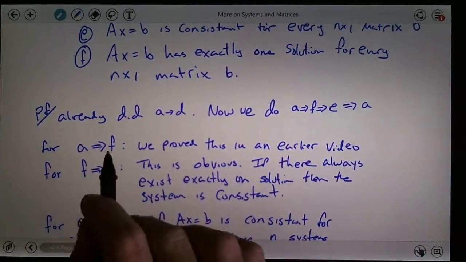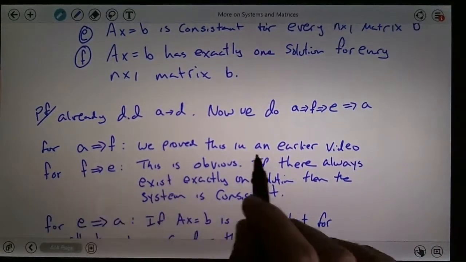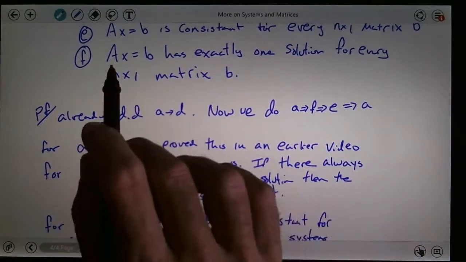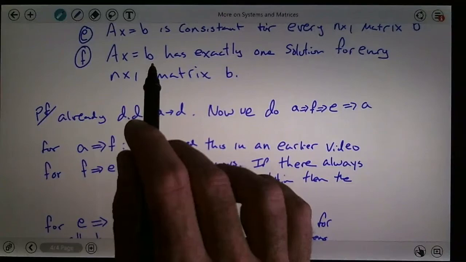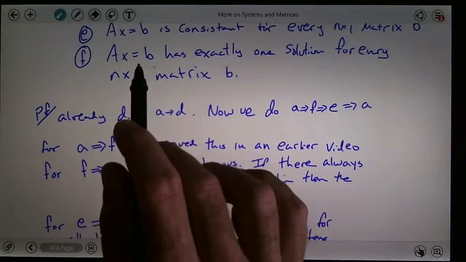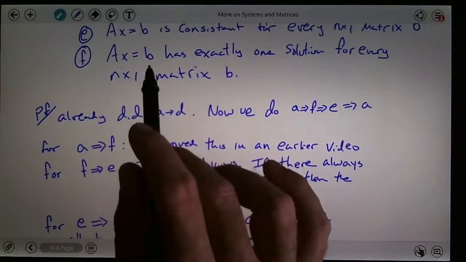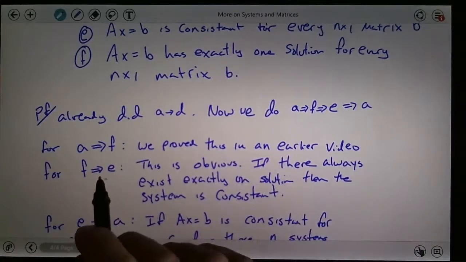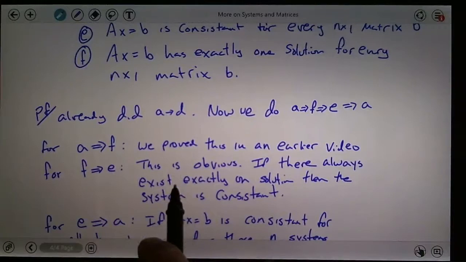So the thing is, for A implies F, this was actually in an earlier video. We proved that if A is invertible, then this system right here has exactly one solution. In fact, the solution was A inverse times B, right? Just multiply both sides by A inverse. So that one we already did. F implies E. This one's